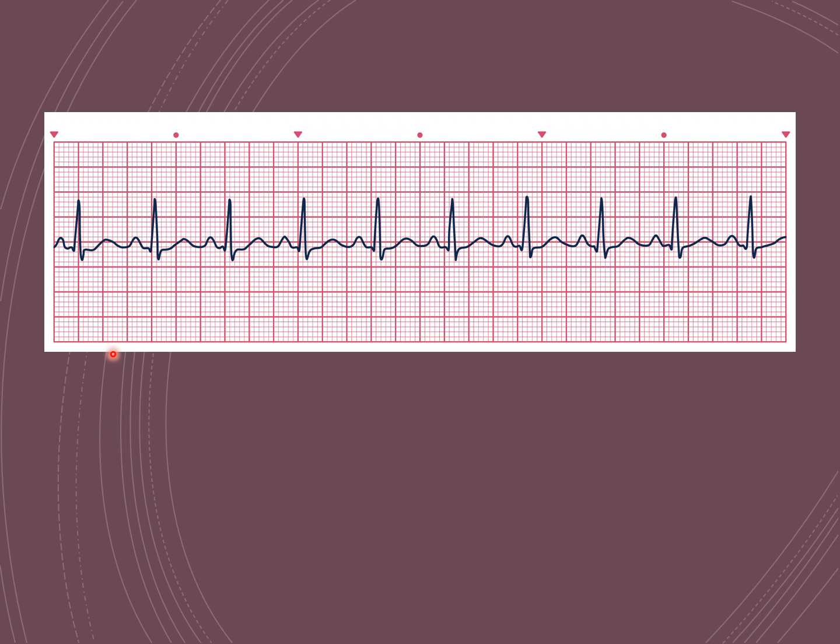Now you can get very into this and purchase a caliper, which can help guide you in measuring if you would like to do that for practice. This is the baseline rhythm we use to compare all others. So if you can understand what normal looks like, it becomes easier and easier to recognize when something is wrong. So now that we've identified this is a normal sinus rhythm, let's use the same strip to practice calculating heart rate using